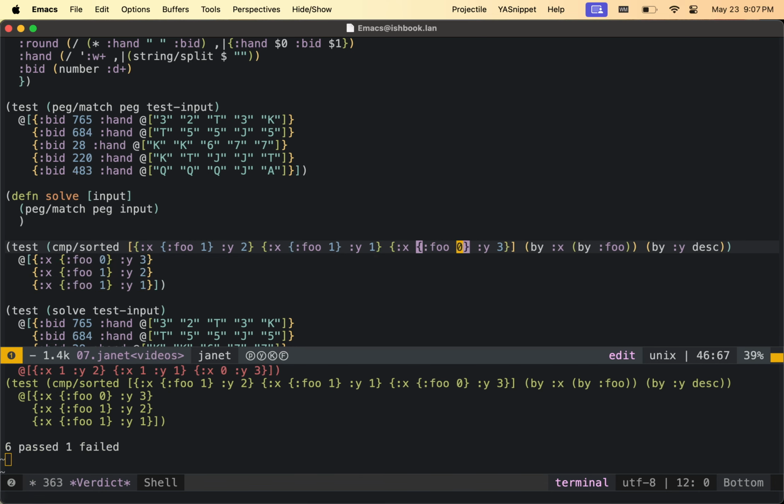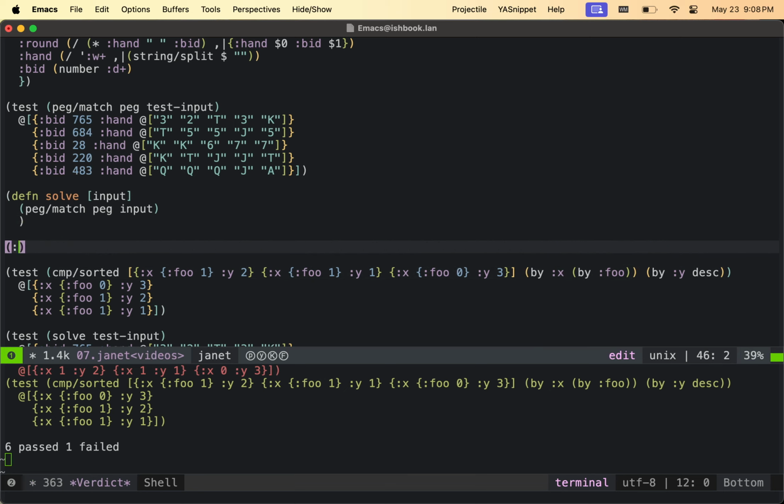Foo0, that lets you look into a nested structure. Its first argument can be a function or a keyword. When it's a keyword, it just looks it up in an associative structure. If it's anything else, it tries to invoke it as a function. And the only difference is, you can invoke keywords as a function like this, but that doesn't